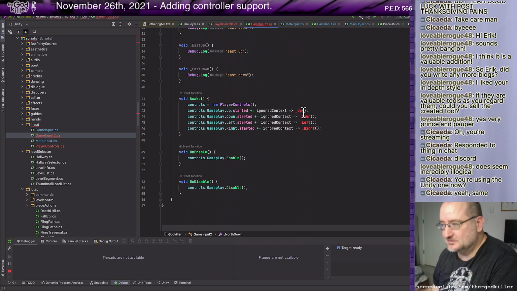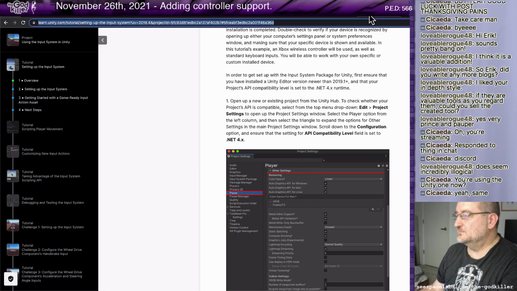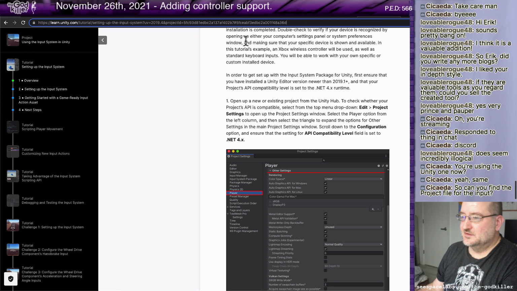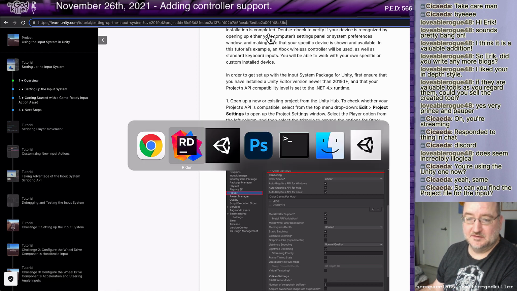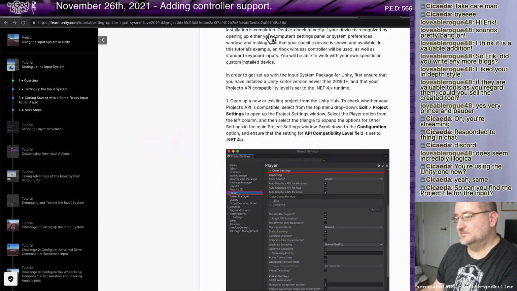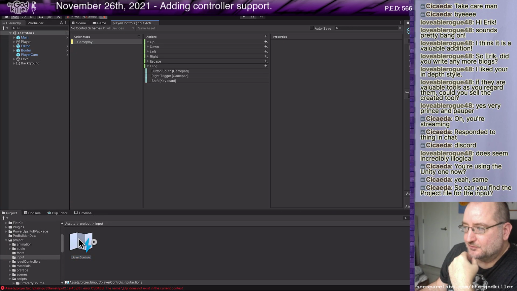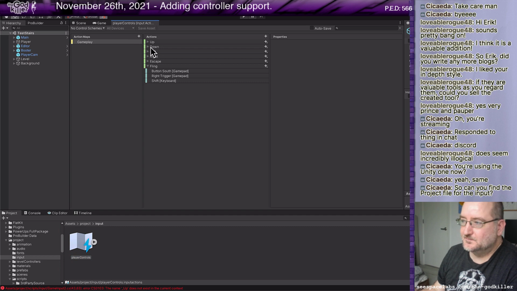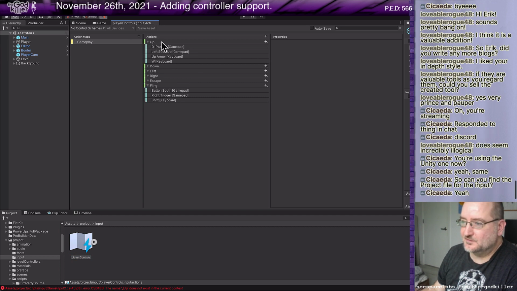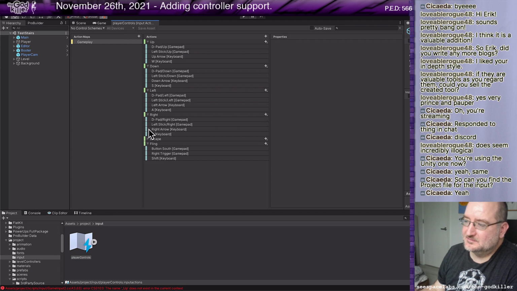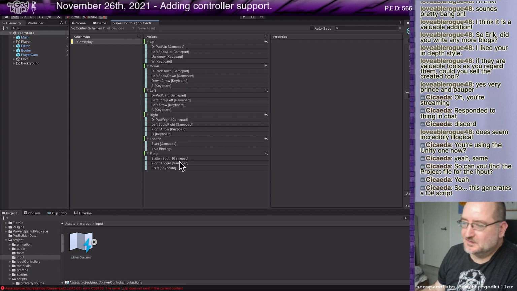Let me see if I can. Yeah, you bet. So go over here. Here's the player controls. Is this what you're talking about, the input action object? Yeah, so I set all these guys up, right? Right, yeah.